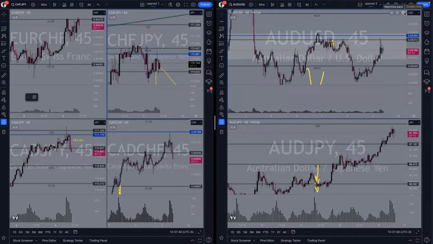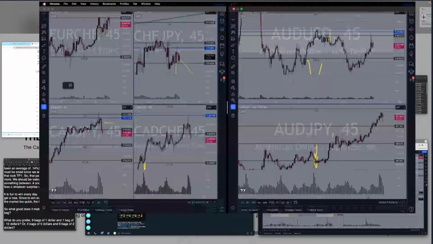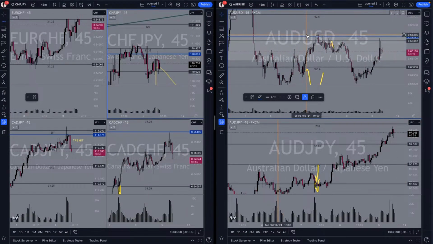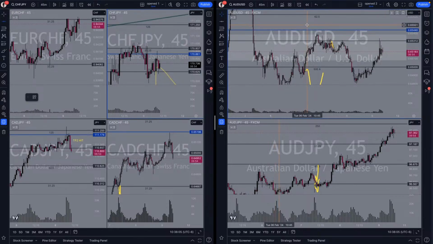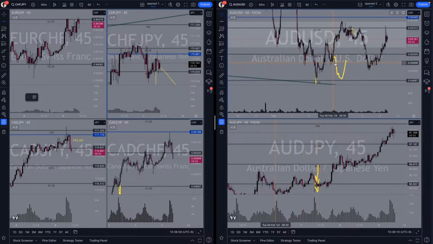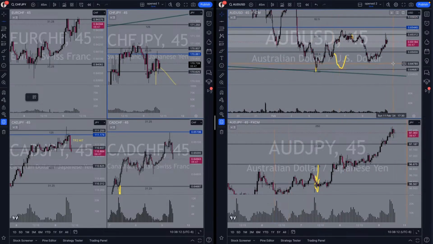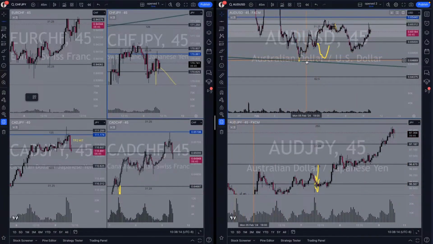Oh, CHF JPY is going up. That's okay, it already gave us some profits. AUD JPY, let me now put. So we did move this stop loss here. I usually don't move stop loss, but I think it makes sense. First, because it didn't really test this dynamic line. It's at the zone of rejection.